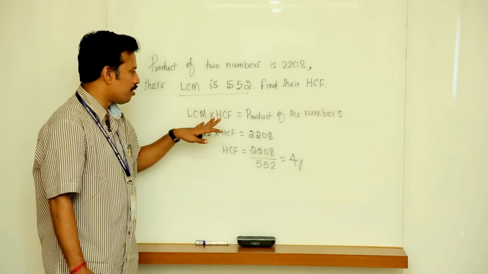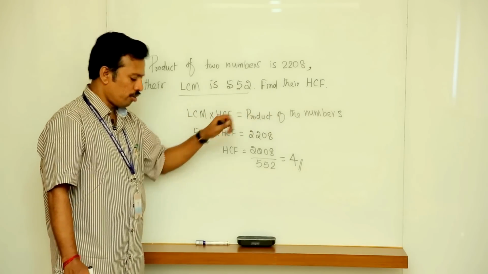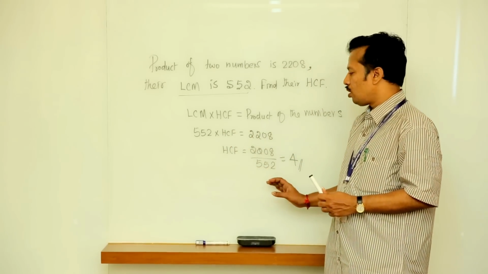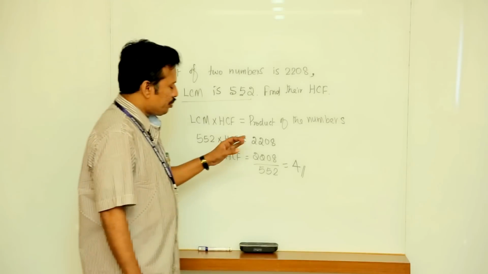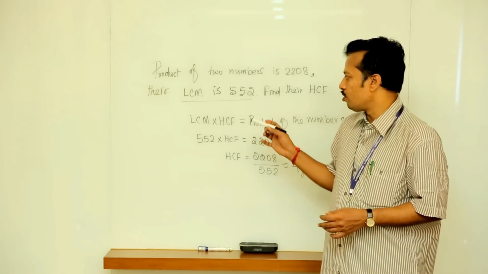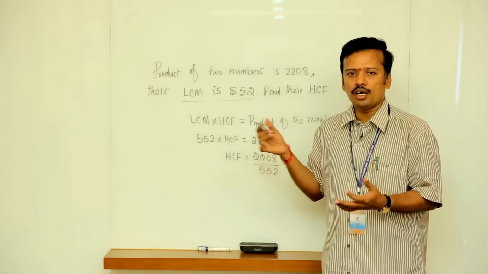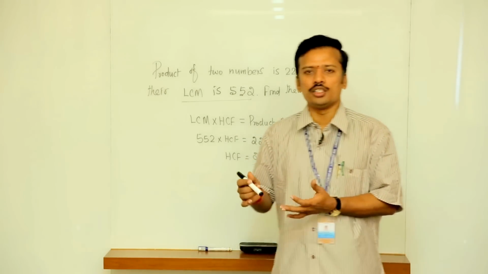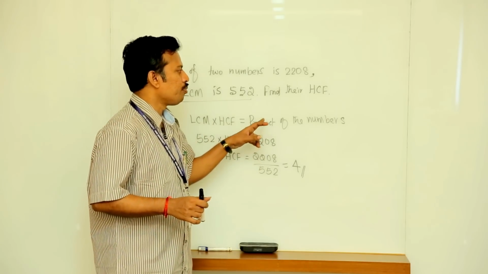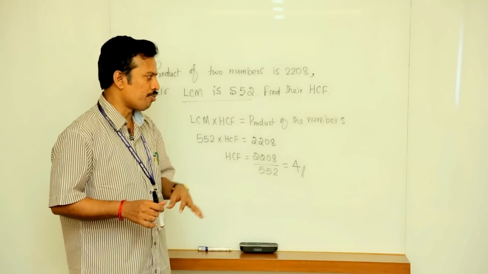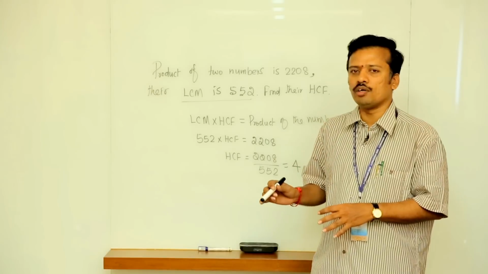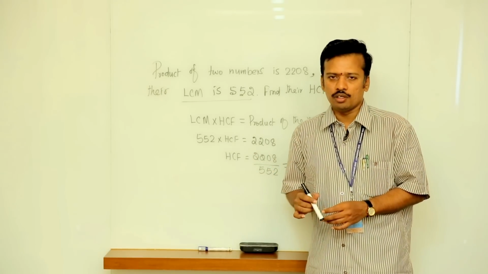So whenever LCM and HCF are related to the product of two numbers, it is a simple formula you can always apply. On this topic we have done a few sample problems related to HCF as well as LCM, where you apply the formula, and the greatest possible length and the smallest possible value. These are the different areas you have learned. Further, you need to practice by referring to some study materials, which will definitely be helpful for all the different competitive examinations. Thank you students.